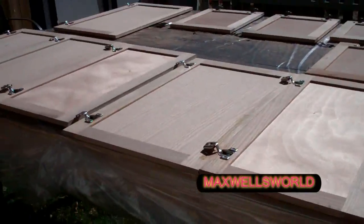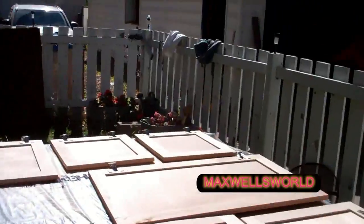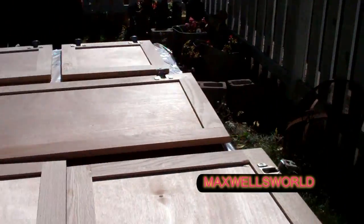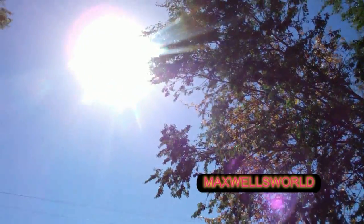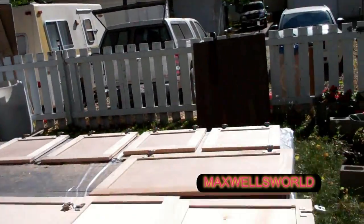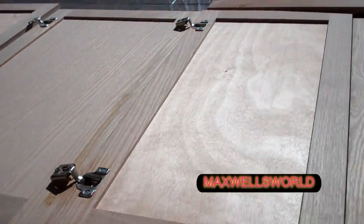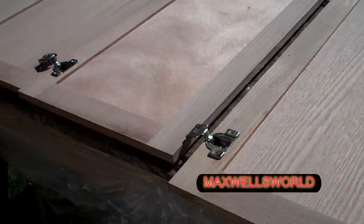Well guys, in front of us here you see the wonderful cupboard doors. Of course they're laid outside in the great outdoors. What better to paint something than outside on a beautiful warm fall day. What we got here of course is all the cupboard doors from the office project, all laid out, pretty much